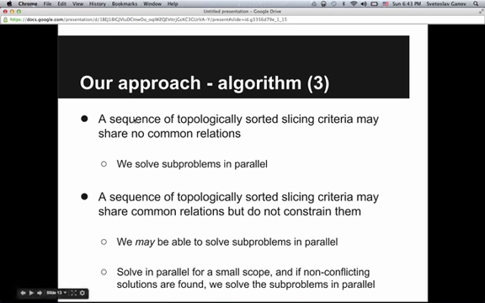It's important to mention that a sequence of slicing criteria in the topologically sorted list of slicing criteria may share no common relations, which means that they are independent, which means that we can solve them in parallel, and we do so. Also, it's possible that a subsequence of the slicing criteria may